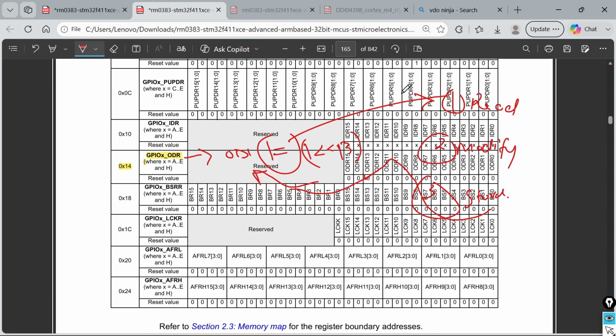Now say after the first step, some interrupt service routine goes and modifies, writes M in the ODR section. But now the value that you have read is the outdated one.